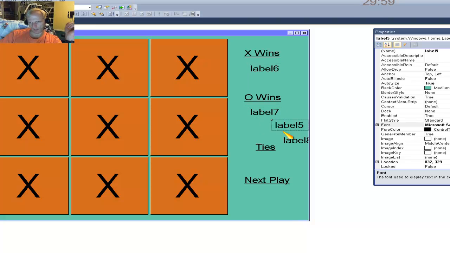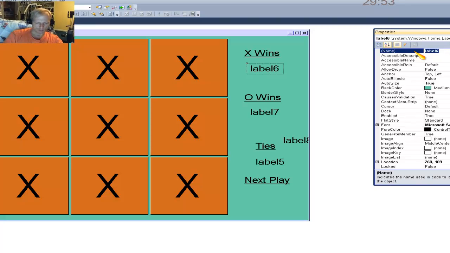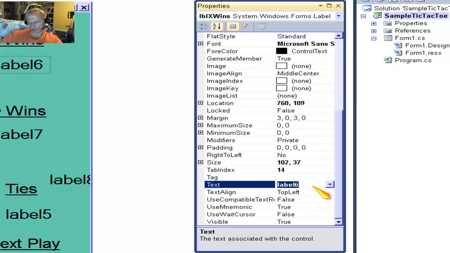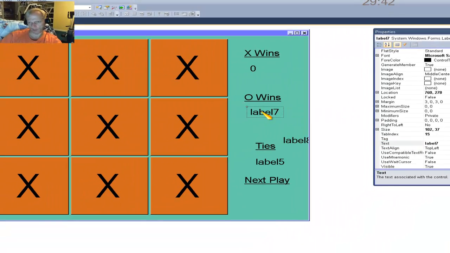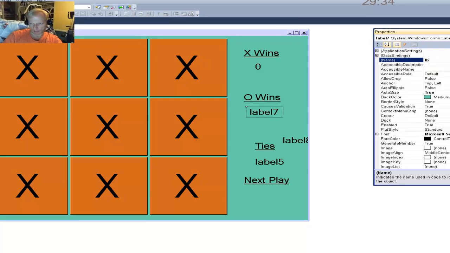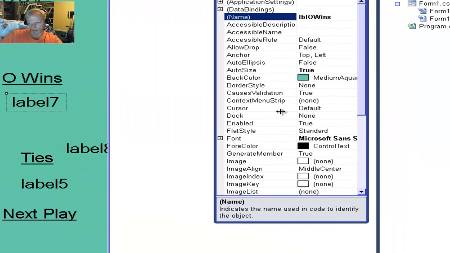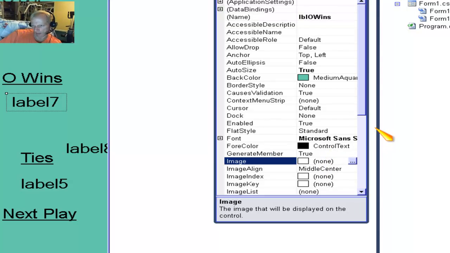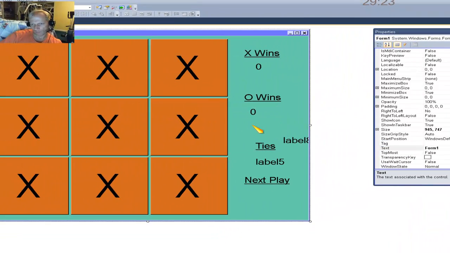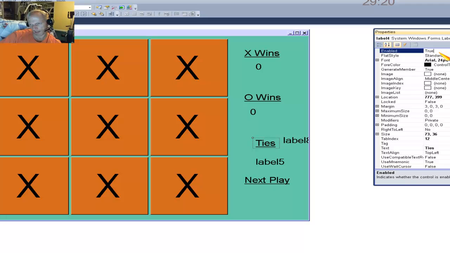And these labels I am going to name. I'm going to call the one that's going to be the number of how many times X has won LBL X wins. And then for now, it's going to start when the program's launched with a 0 in it because obviously no one has won yet. No games have been played. Then the second one I'll call LBL O wins, and then it's going to also start with a 0. Then LBL ties,